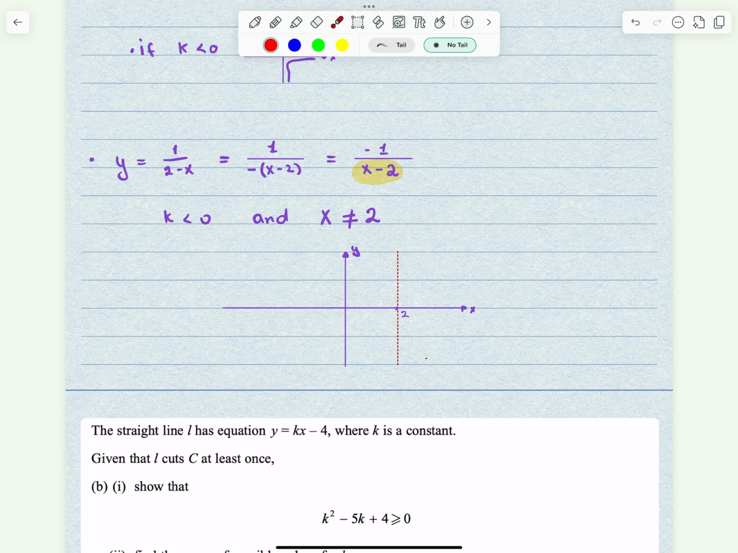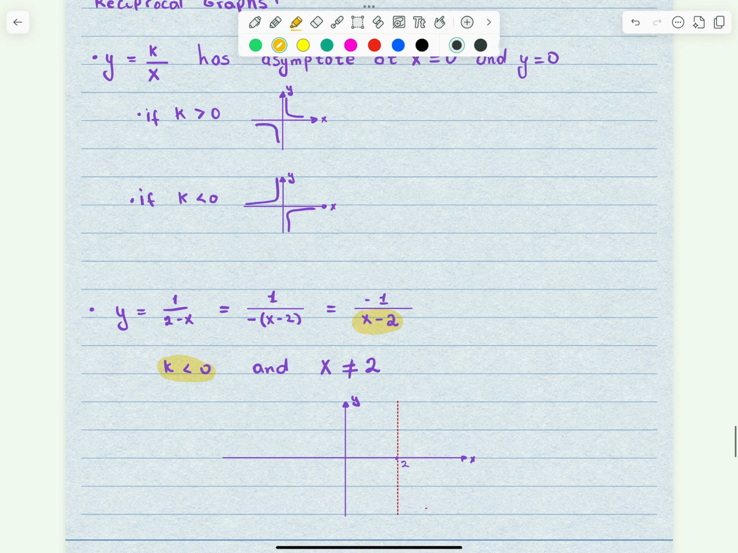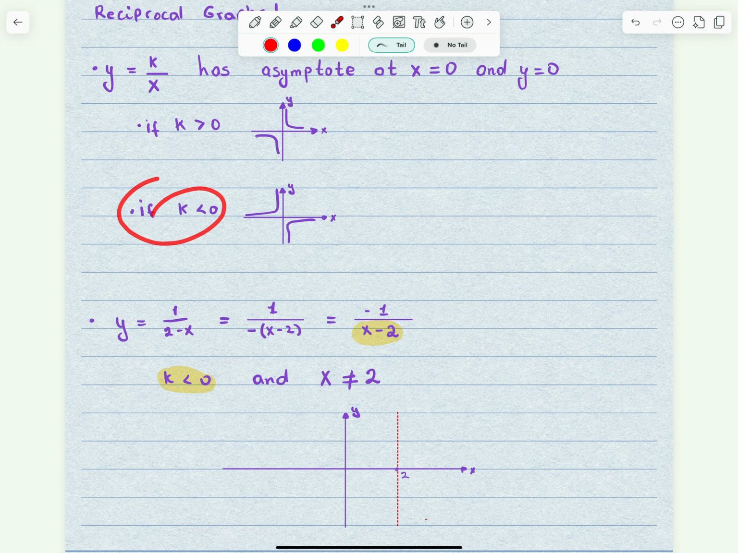All right, so that's where x is undefined. So the graph is going to be something like this. Let me put the tail over here, or something like this. Okay, so I mean something like this, not all of them together. We're going to be deciding this just by looking at the k value. So the k value, the k is less than 0, which is this case,